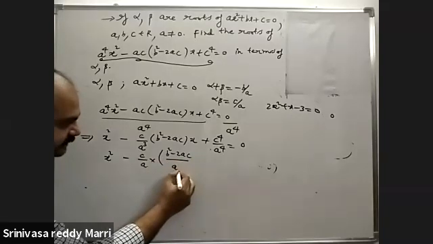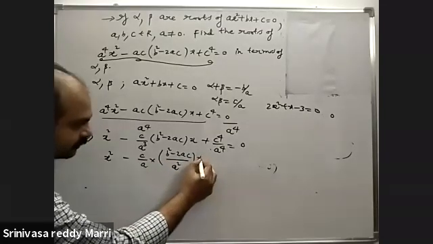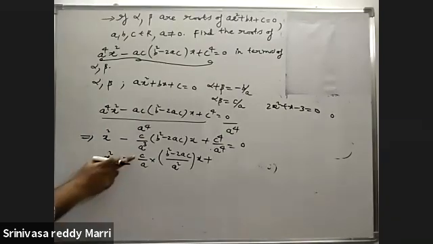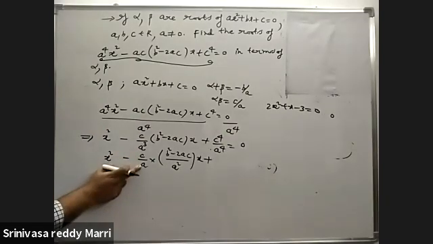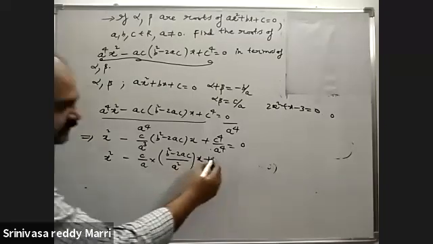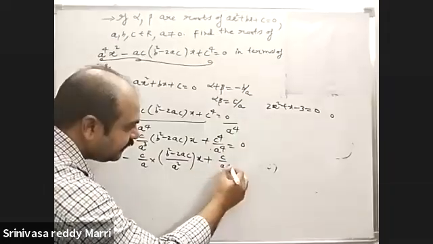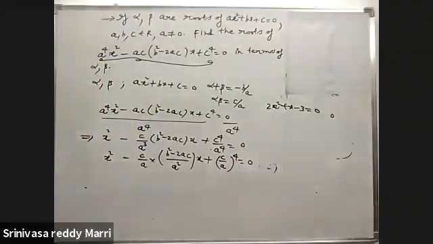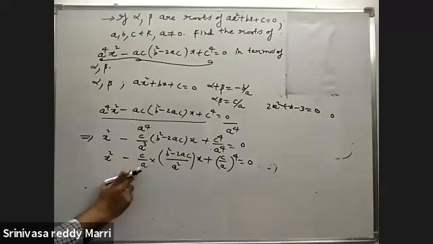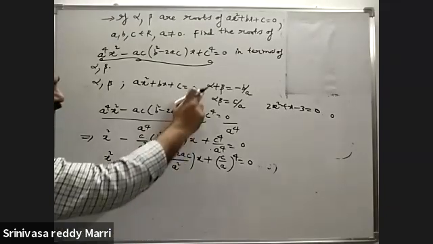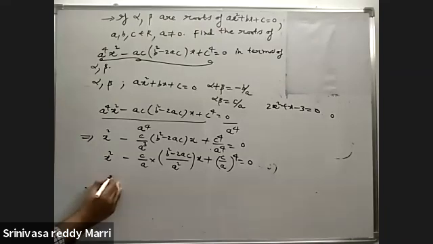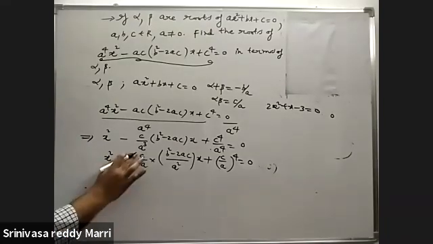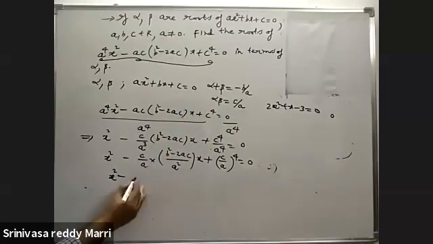I can write like this, no problem, plus, because I want to write this as alpha into beta. These completely in terms of alpha beta you have to write. So this is written as c by a into c by a to the power 4 equal to 0. Now this completely in terms of a, b, c is there. I want to convert into alpha beta. X square minus what is c by a? Alpha beta. This is alpha beta.